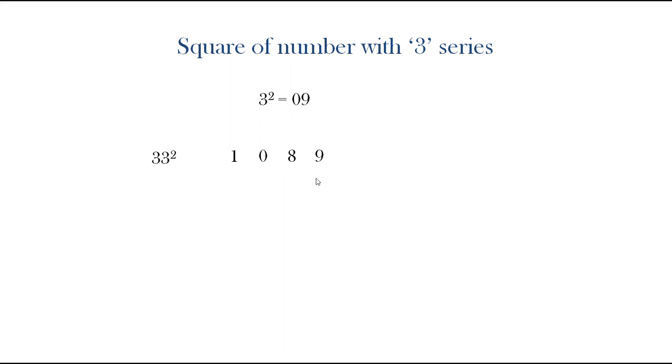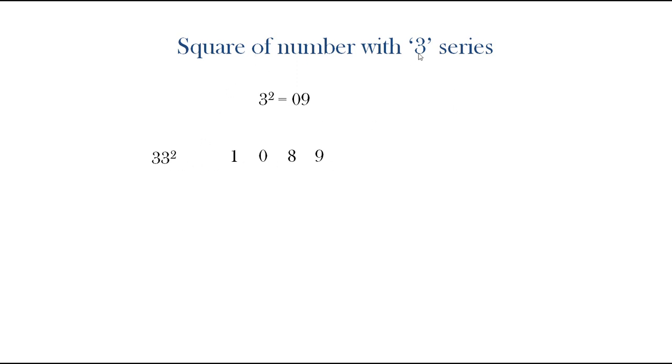The same trick, means we know the square of 3 and from that we are arriving at 33 square, right? This trick can be applied for 6 also. Means if we know 6 square, we can get 66 square easily, and from that we will extend further how to write. And even if we know 9 square, we can write down 99 square, and going for the 999 square, we can do that.